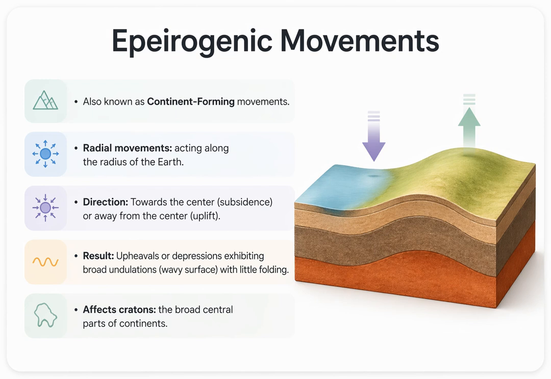Unlike forces that push sideways, epirogenic movements are radial, meaning they act along the radius of the Earth, moving straight up or straight down. If the movement is towards the Earth's center, we get subsidence, or sinking land. If it's away from the center, we get uplift. This vertical motion causes massive upheavals or depressions, creating broad, wavy undulations across the landscape, with very little actual folding of the rock. Because this primarily affects the broad, stable central parts of continents, known as cratons, we call it